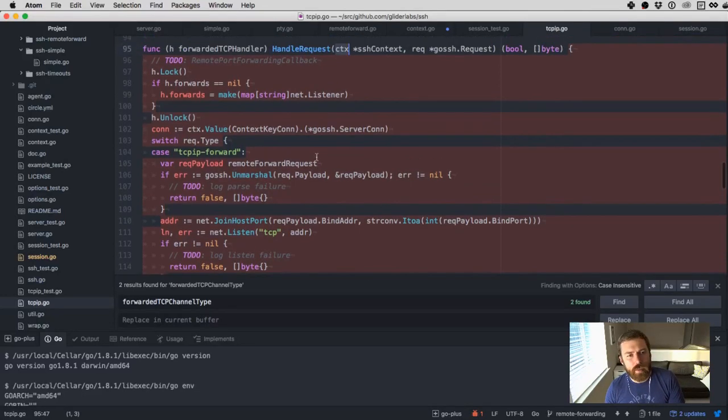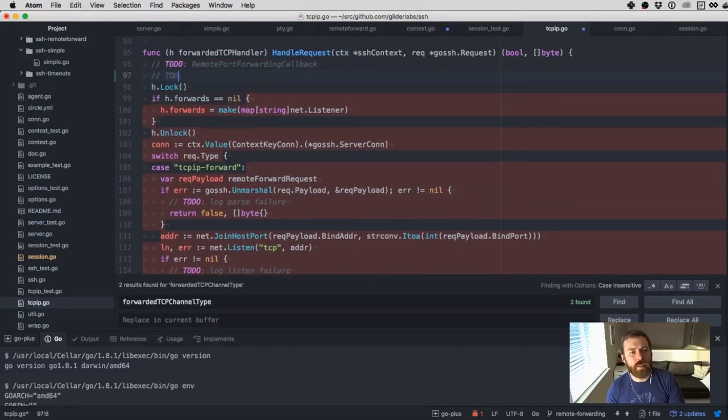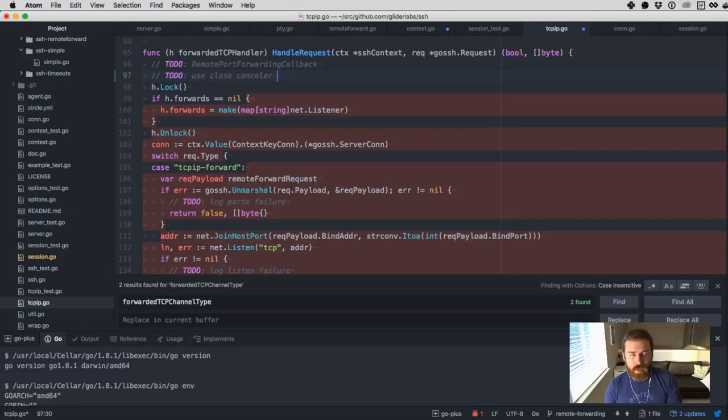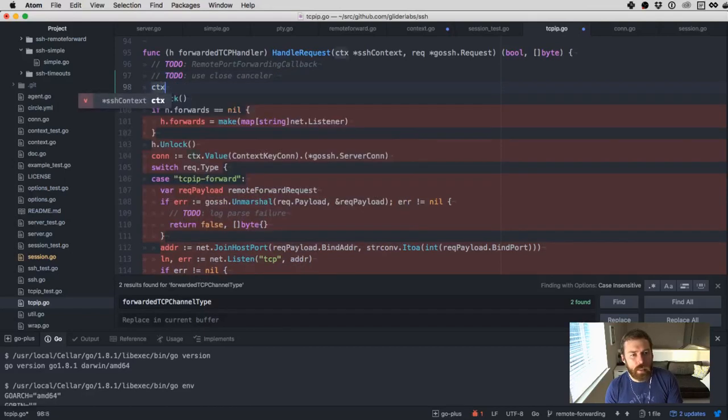So I'm going to do another to-do here. Use close canceller. It's not. What is it in context? Context done. Use context done to detect closed connection and stop listening